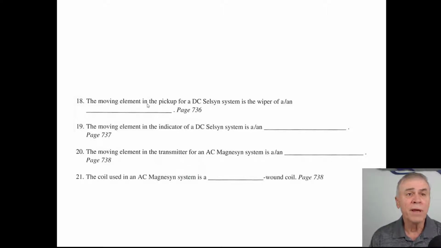So the moving element in the pickup is the wiper of a... I don't know. Is this the toroidal coil? Variable resistor. Oh, yeah, I'm way off. The Magnesyn, the moving element is